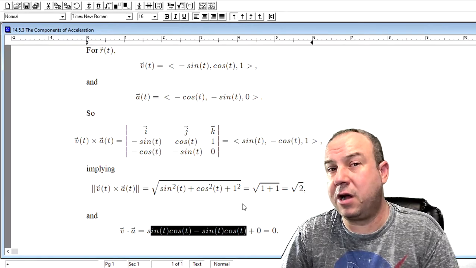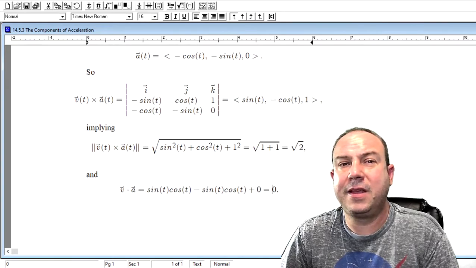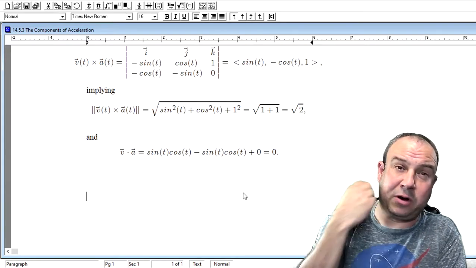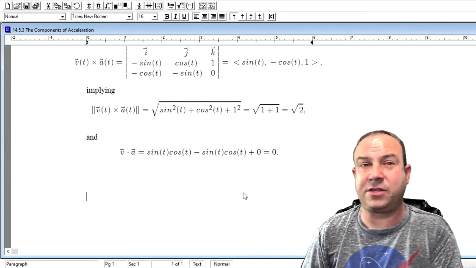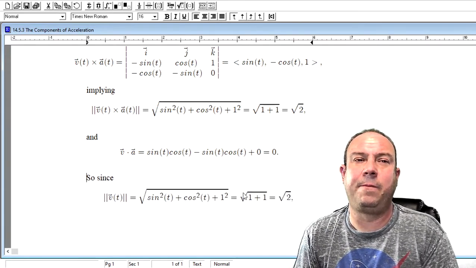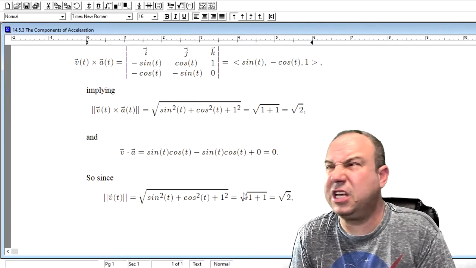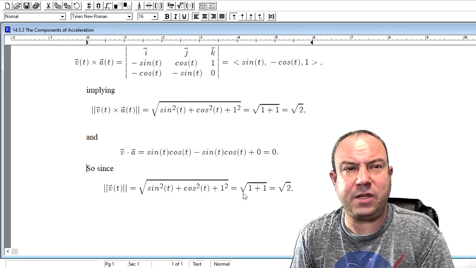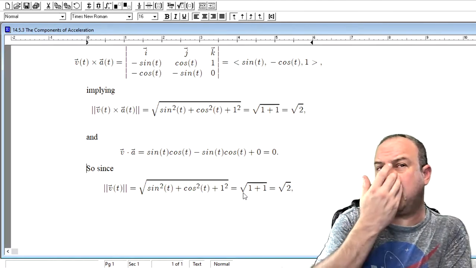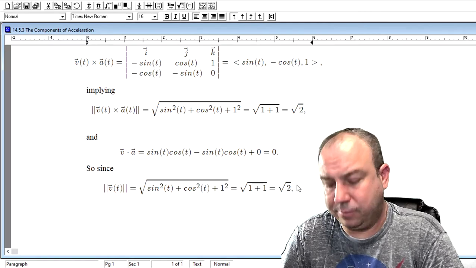So in terms of the tangential component of acceleration, its numerator is going to be the value 0, which, as long as the denominator is nonzero, which it is, results in 0 here. Since the magnitude of the velocity vector is also equal to the square root of 2,